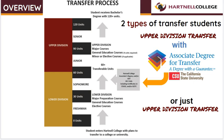If, however, you are earning a local associate degree, an AA or AS, then you would be categorized as an upper division transfer student, just the same as a student that completes 60 transferable units, but not necessarily an associate's degree by the time they enroll at the university. This is because local associate degrees are an end product of the community college,